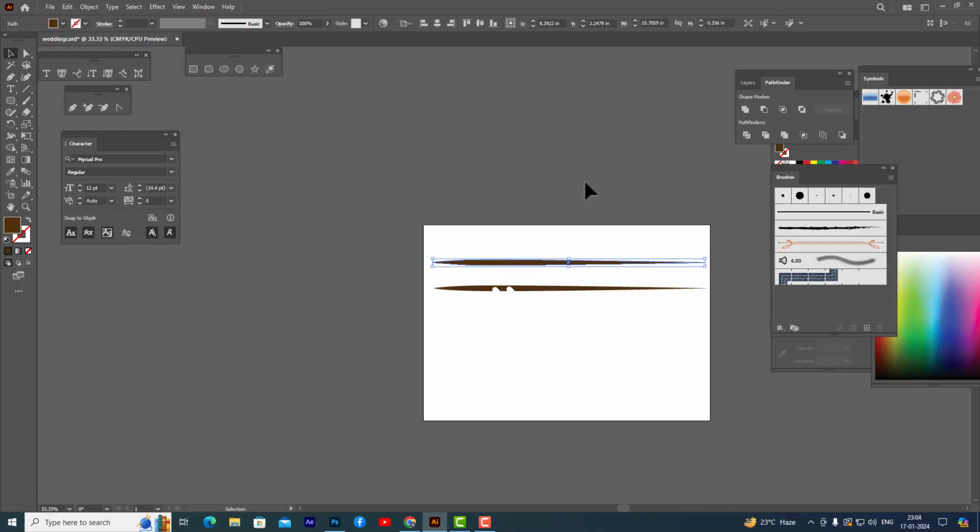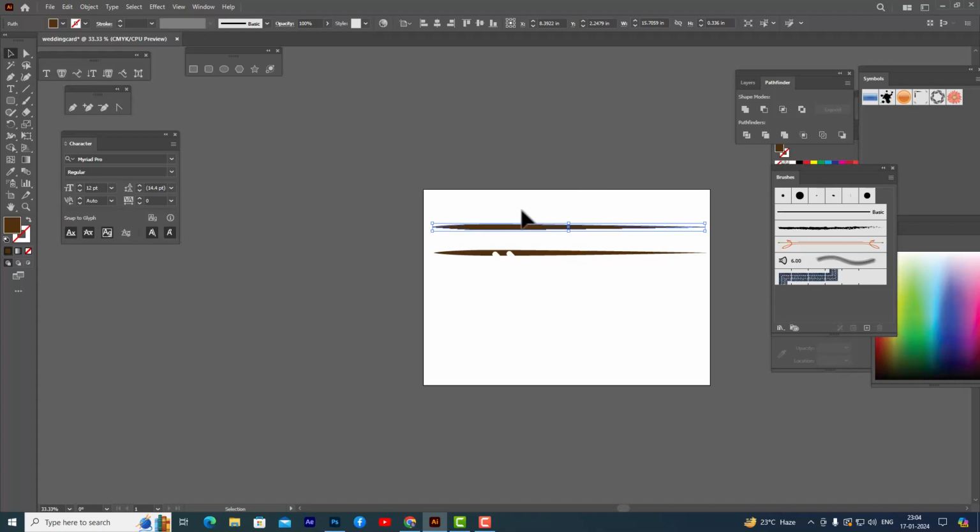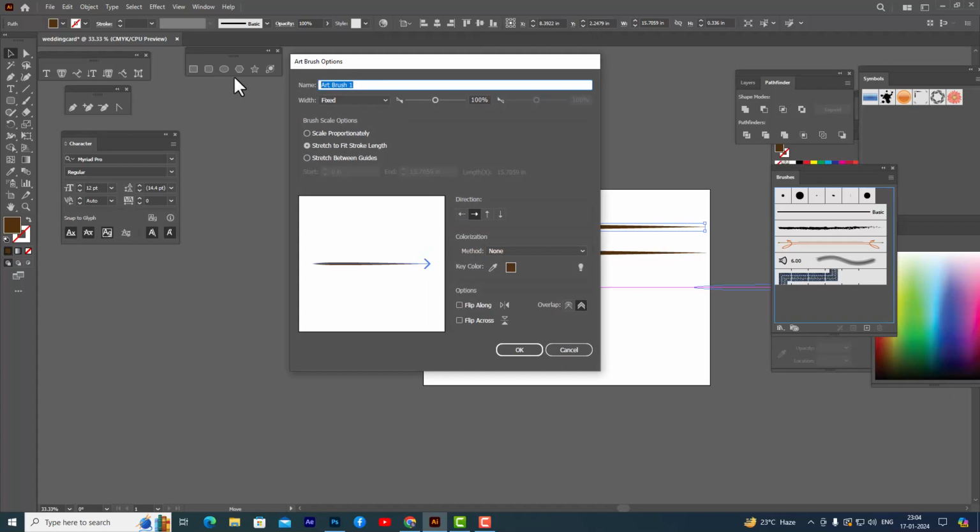So what we'll be doing is we'll first create these shapes into brushes. We'll drag this shape inside this brushes panel, and here we have this new brush dialog. From this new brush dialog we will select the art brush and click OK. Here we can rename it, let's use a better name,